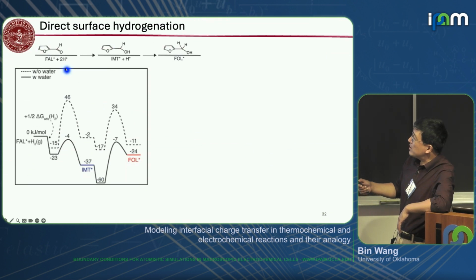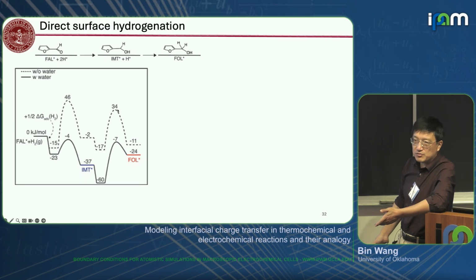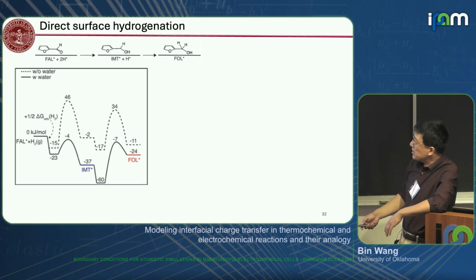The CO hydrogenation has 2 steps. First, hydrogen goes to oxygen, and the second hydrogenation goes to the carbon. That finishes the CO double bond hydrogenation. In this case, the dashed line represents the calculation without water. This is the first hydrogenation, and this is the second hydrogenation, and the 46 and 34 are just the energy of the transition state with respect to the reference here. Now, I introduced water, but in this case, water doesn't participate in the reaction directly. They are purely just a spectator.